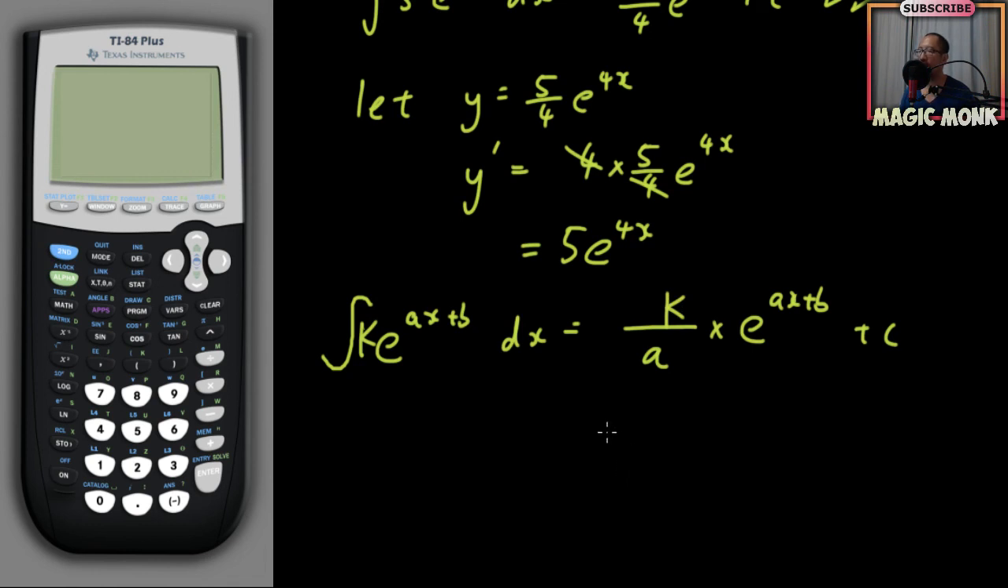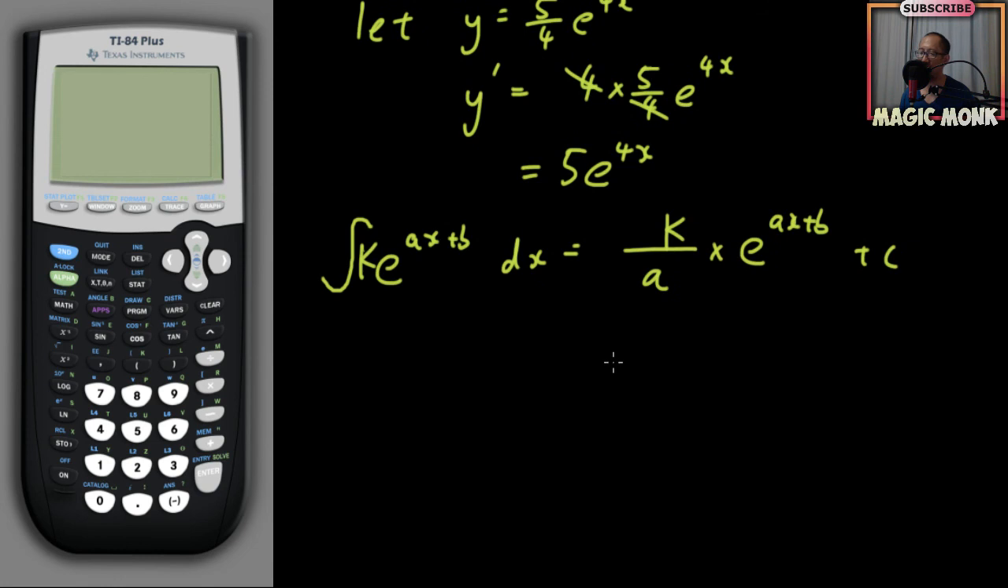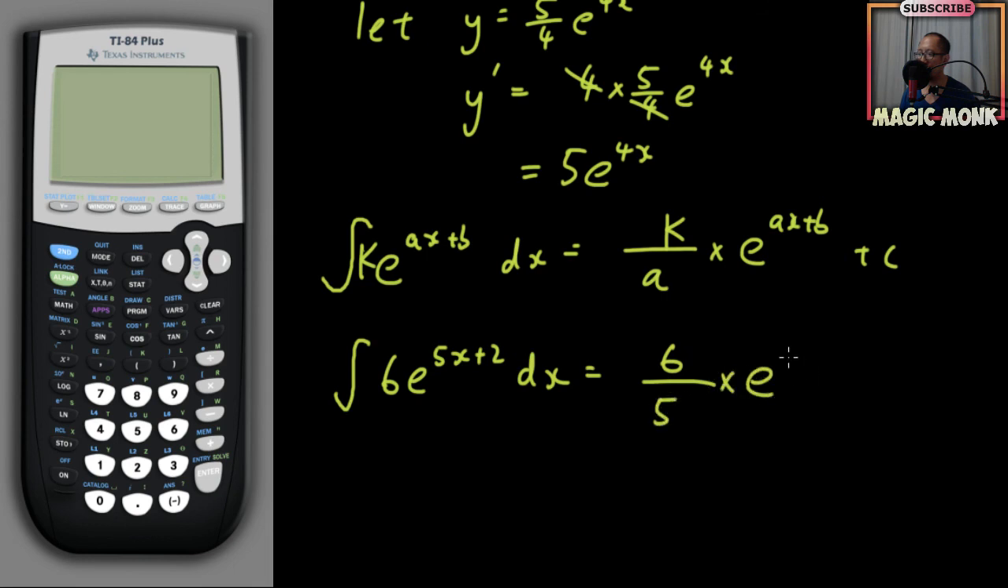Okay, so using that formula, it might be a bit quicker for you, but you do have to memorize it, whereas using the way that I did before, you just need to know how to differentiate. So if I go, for example, 6e 5x plus 2, all you need to do is go 6 over 5 times e to the power of 5x plus 2 plus c. So then the answer is